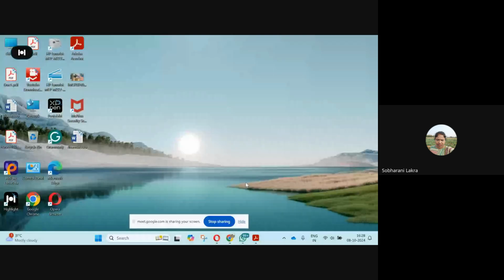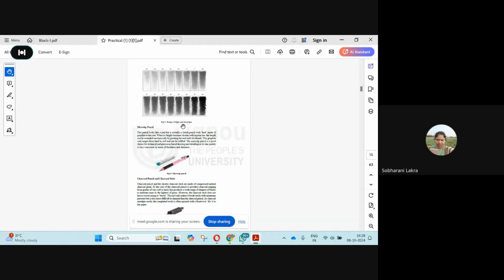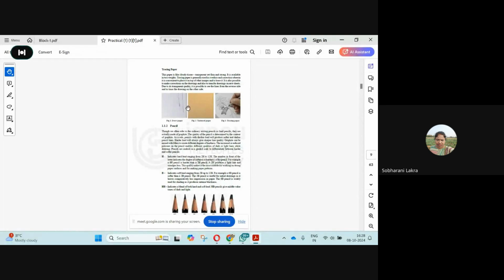All right, now, when we look into the papers, tracing paper is the transparent sheet, which is basically used either